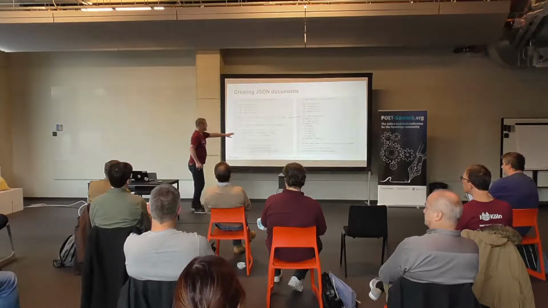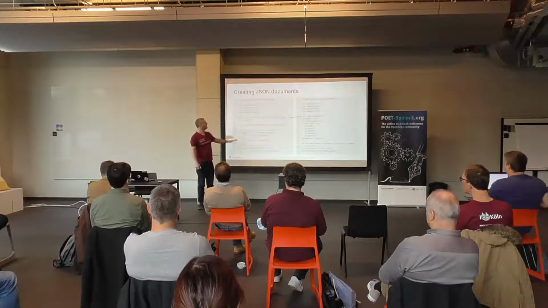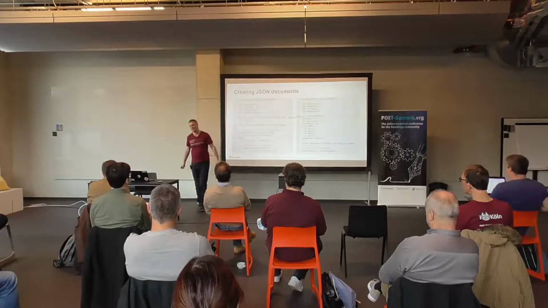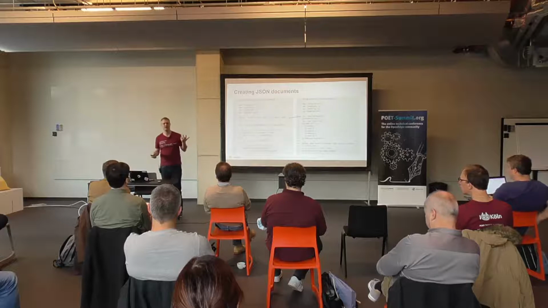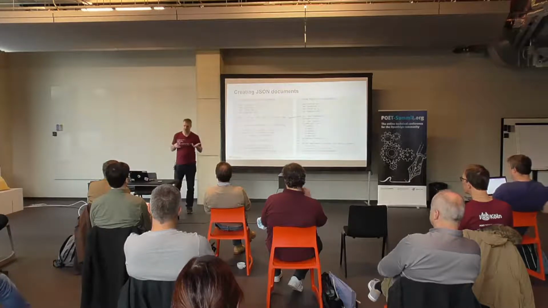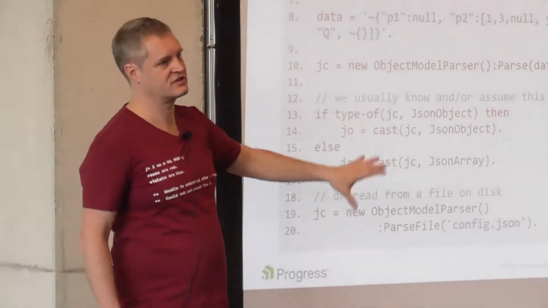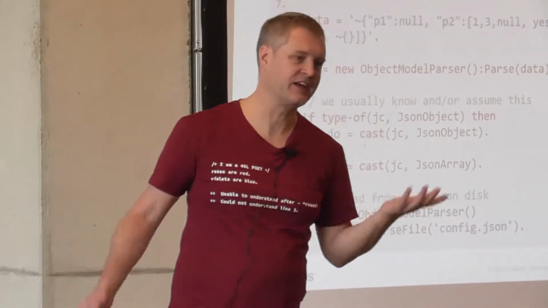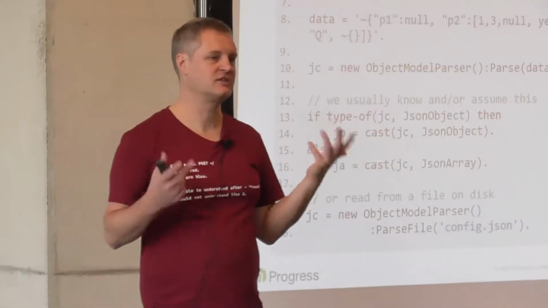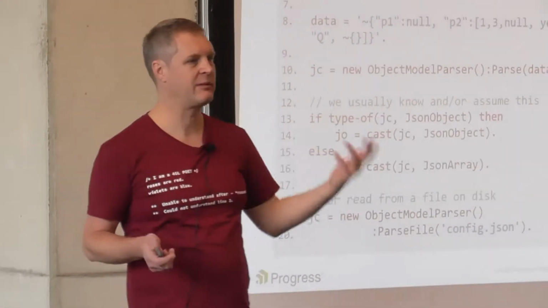The object model parser, I believe, was all released at 11.0. As I say in my comment here, people tend to assume that it's an object or an array because they know the structure of that document. I deliberately put this in here because the point is you may not know exactly what the structure of that config is like. The point of what I'm trying to get across today is how you can take a random JSON document, and read it and assign values into ABL objects.